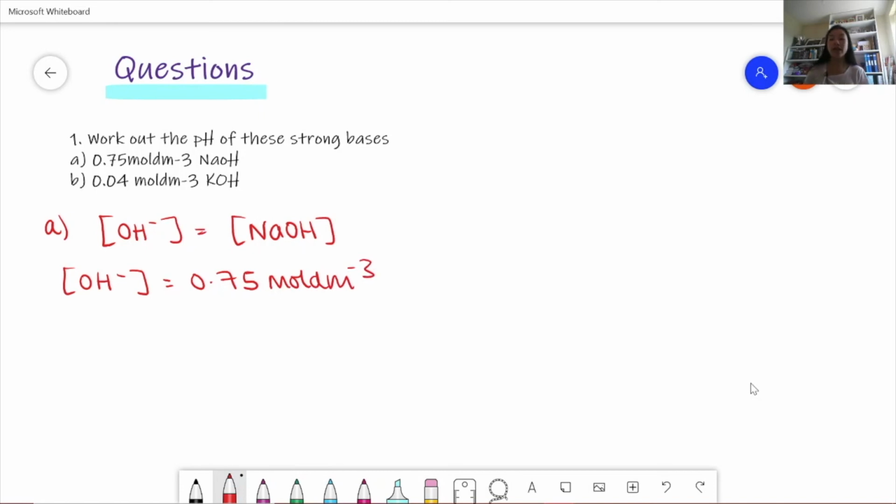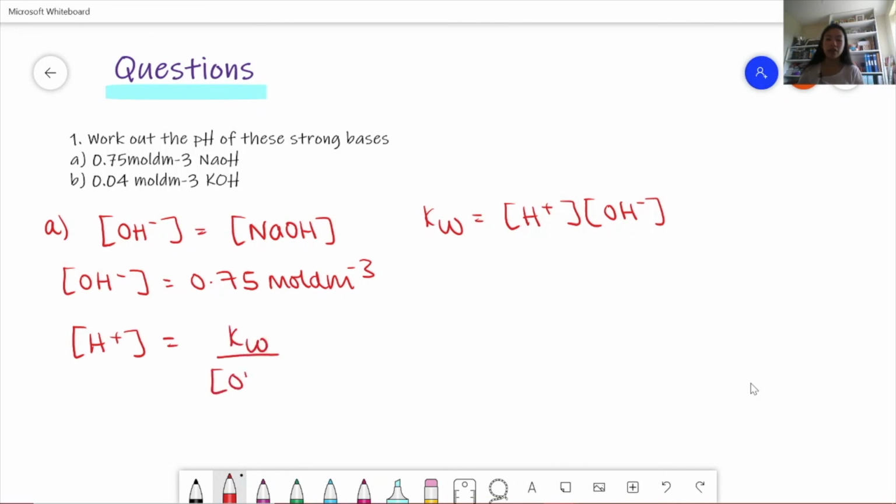Then we can work out the concentration of H+ because we know the Kw formula. So we have Kw is equal to the concentration of H+ multiplied by the concentration of OH-. The Kw is normally given to you in the question, and in this case it's going to be 1 times 10 to the minus 14, like it is for room temperature. So the H+ concentration is equal to Kw over the concentration of OH-, which is 1 times 10 to the minus 14 over 0.75, and this gives us